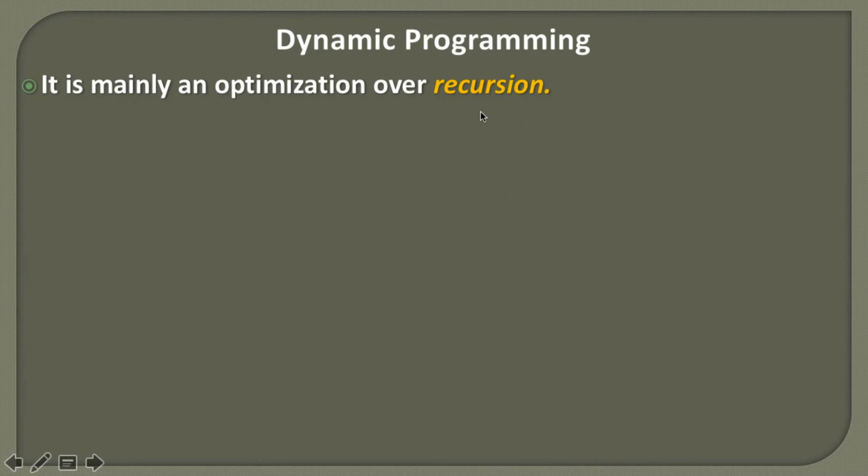Similarly, when we solve any recursive problem, we break it down into smaller sub-problems, solve those sub-problems and store those results. So whenever that sub-problem comes back into picture, we use the stored result and avoid recalculating the solution to that sub-problem. By doing that, a recursive problem gets optimized.